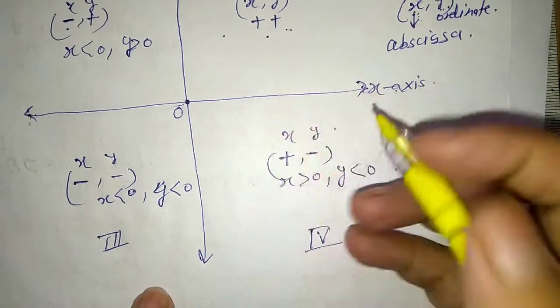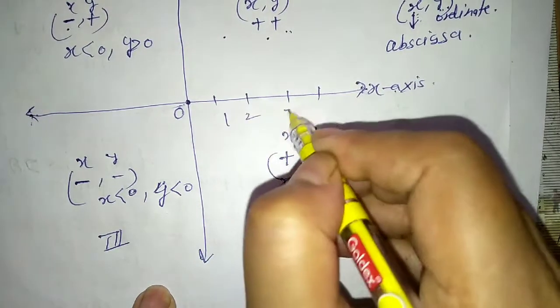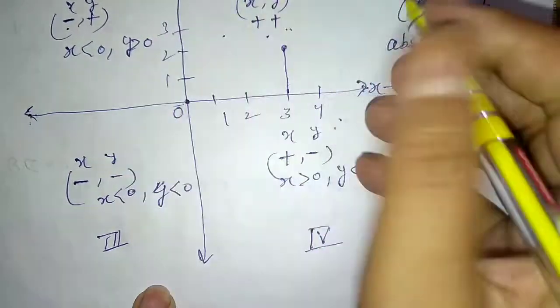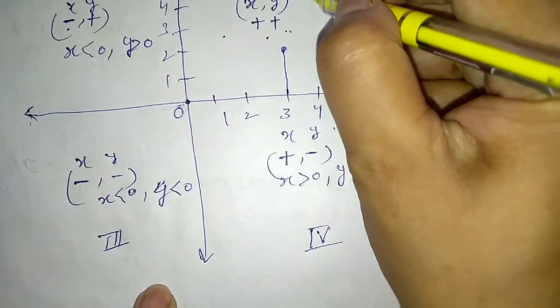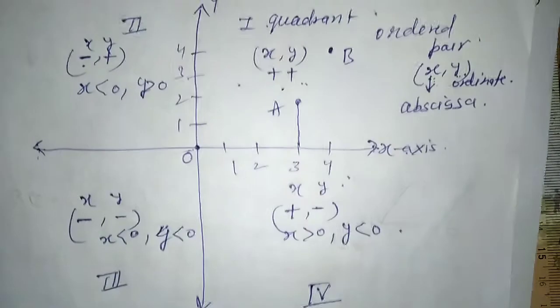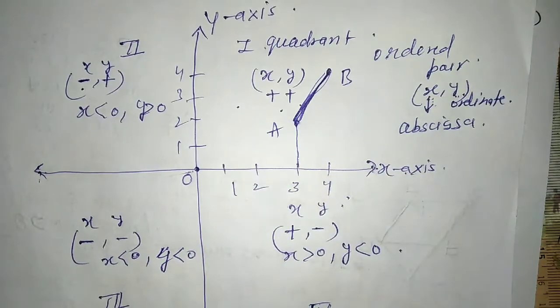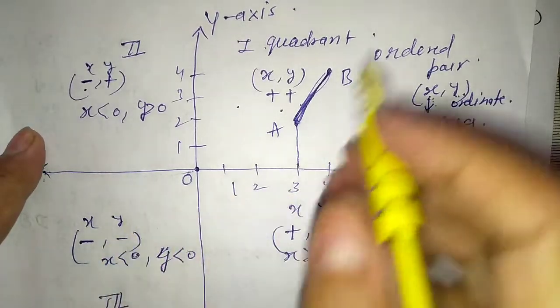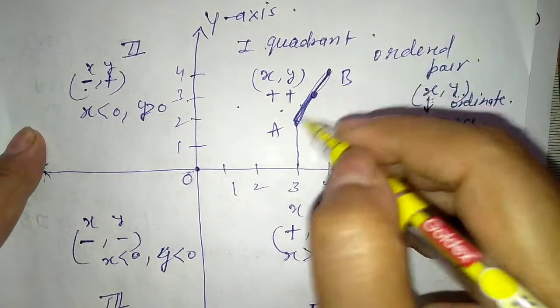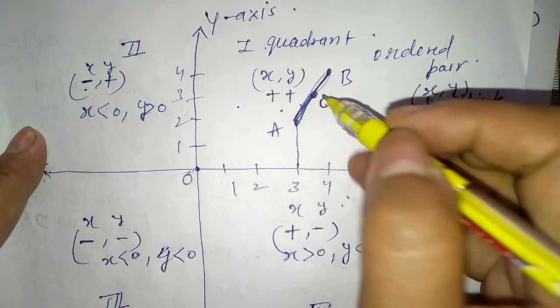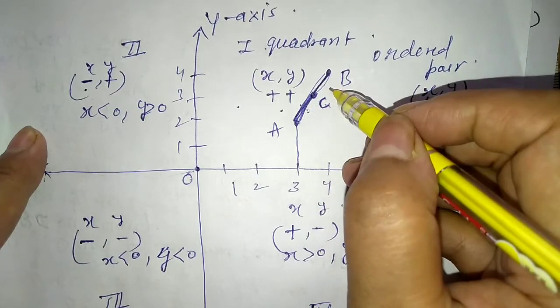Now suppose we have 1, 2, 3 and 1, 2, 3, 4, and we have a point here, and one more point is there. Suppose this is the point A and this is the point B, and we have to find the distance between them. If we have to find the distance between them, how will we do it? We are going to do this. And suppose some other point cuts this line segment internally, cuts inside, then in which ratio it is dividing it, how will we find that?